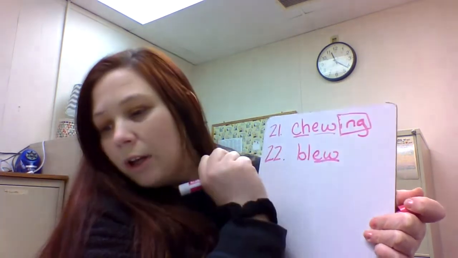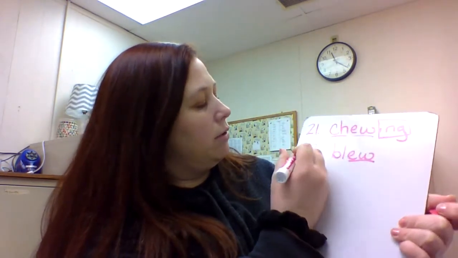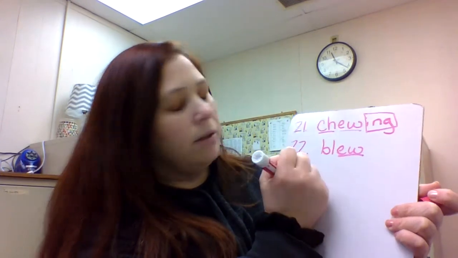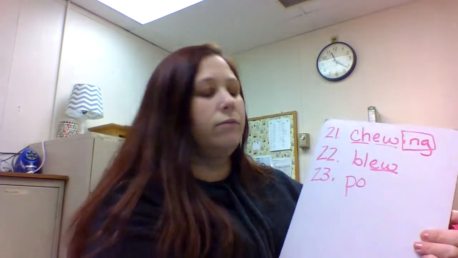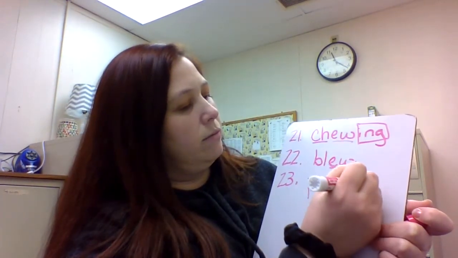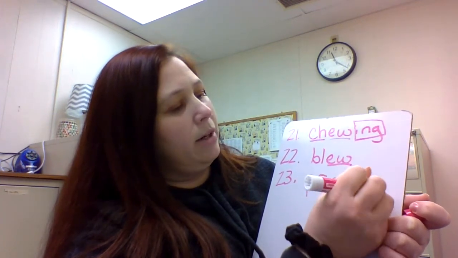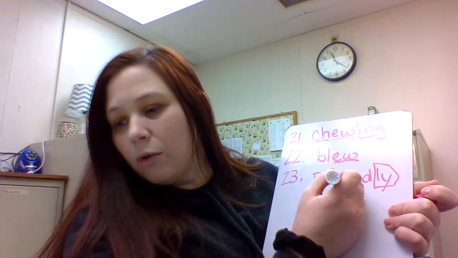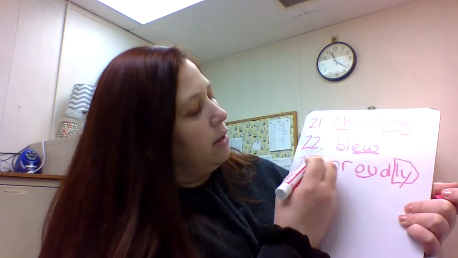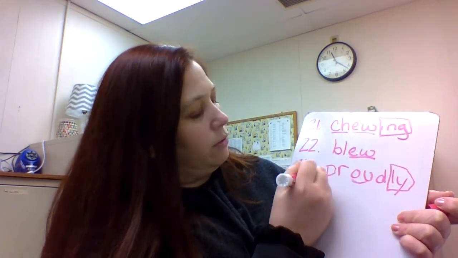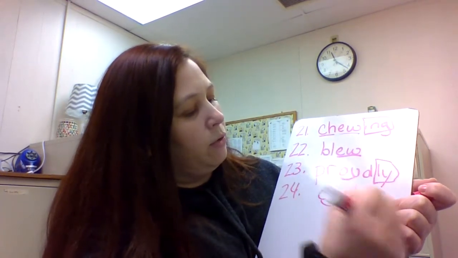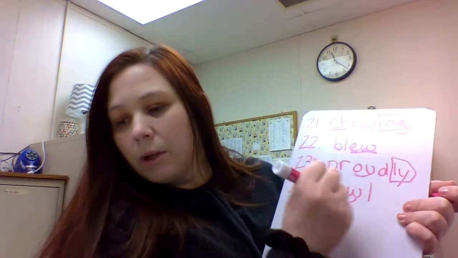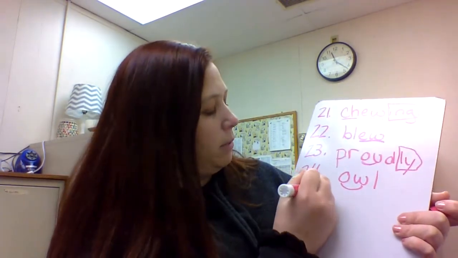22 is blue. Again, we're just going to underline our EW digraph. 23 is proudly. So we'll box off our ly suffix. Here we have our OU diphthong, and we're going to put a little arc under that. 24 is owl, and here we have our OW diphthong, and we put an arc under that. And last we have playground,